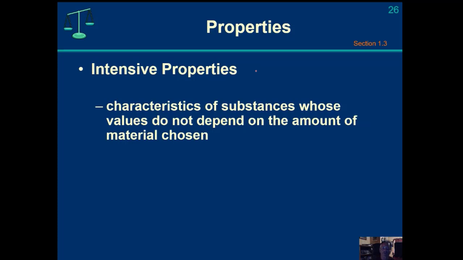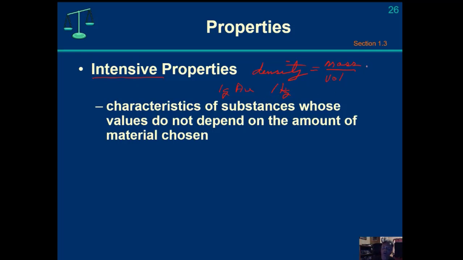Let's see, what else could I choose? We've talked about density earlier in the previous lecture, and density is a ratio of mass divided by volume. And so density is definitely an intensive property. If I have 1 gram of gold, it will have the same density as if I have 1 kilogram of gold. And a kilogram is just 1,000 grams, which we will learn.